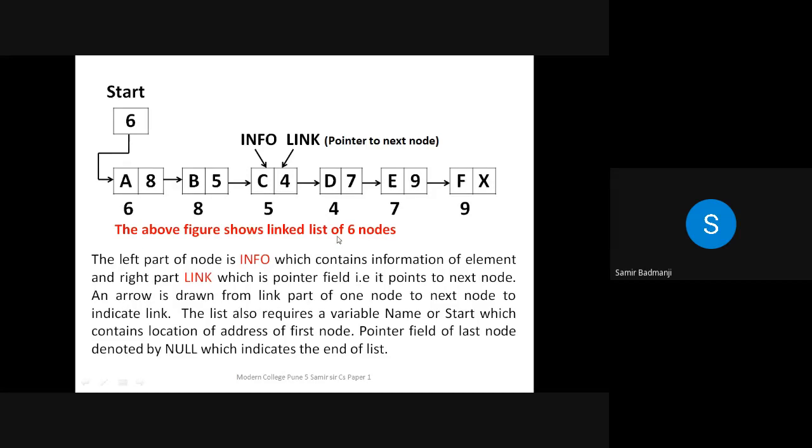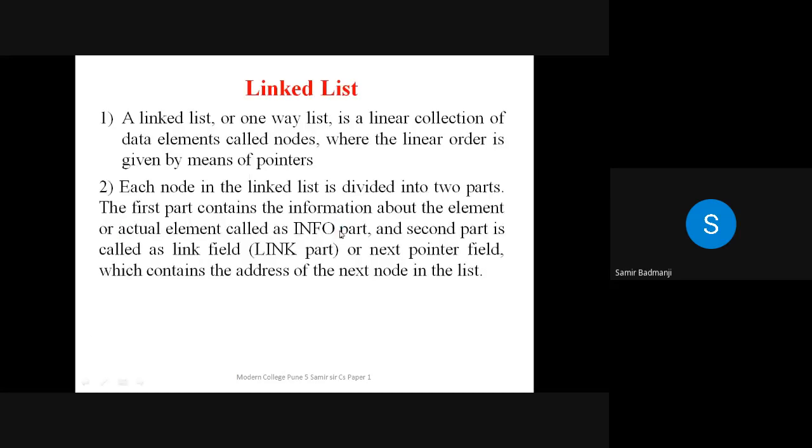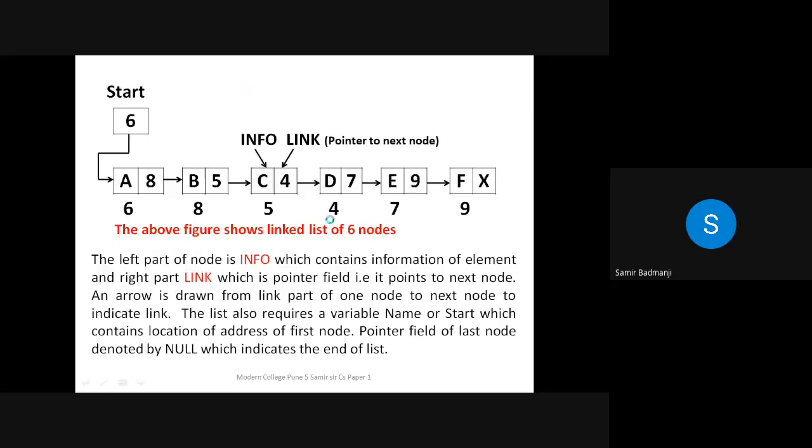So usually a question based on the linked list definition is asked along with a diagram. So you have to just draw this diagram and just write down what you mean by info, what you mean by link, what you mean by arrows. So no need to learn by heart. If you just remember these things, then you can write in your own sentences also, and see that the diagram is drawn properly with all the labelings. So all of you understood linked list?